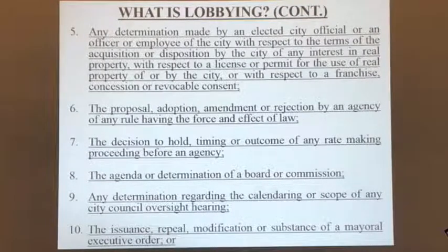So what's an example of number 6? Let's say you believe that everyone in the city should be permitted to double park without getting a parking ticket. And one day you happen to go to the Starbucks near DOT and you run into the commissioner and you decide to speak to him and you say, listen, no one should get parking tickets. We need to double park. There's no way to get around the city. There's no parking. I want to make change. You've just lobbied the commissioner with respect to a rule having the force and effect of the law. So that would be an example of number 6.